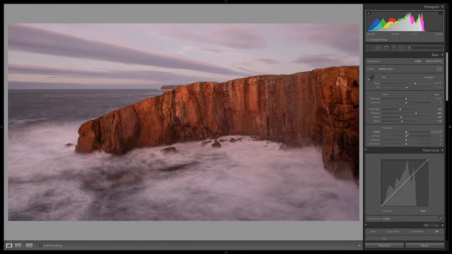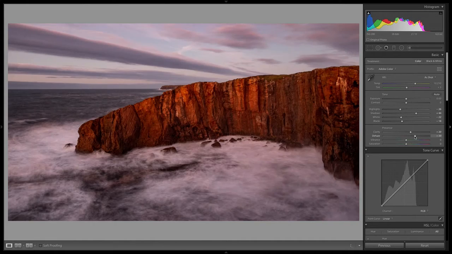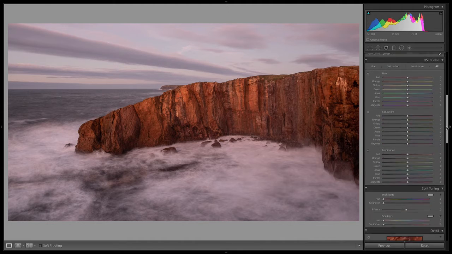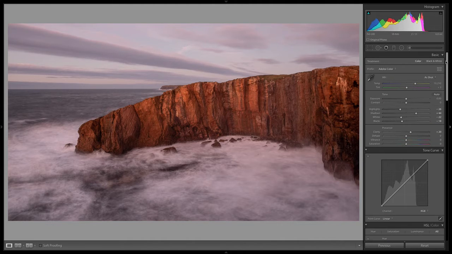Next, we're going to boost clarity just a little bit. For landscape photos, I find that adding some clarity can help make the things you're looking at more defined. For dehaze, I'm not really going to add dehaze to the whole picture. When you do that, it starts to look a little wonky, so I'm going to wait and do that to specific areas. And then same for vibrance and saturation, and really the rest of these basic settings, I'm just going to leave them as is for now.